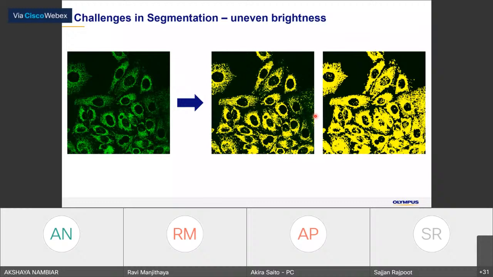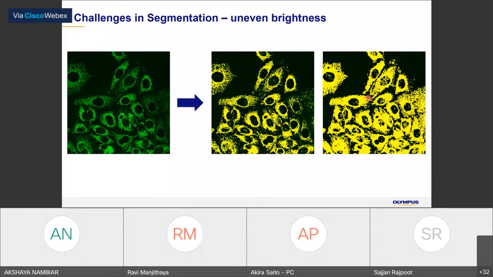If you include this area and put the intensity threshold a little bit lower, then the other mitochondria detections become bigger, and it might be difficult to identify single mitochondria.